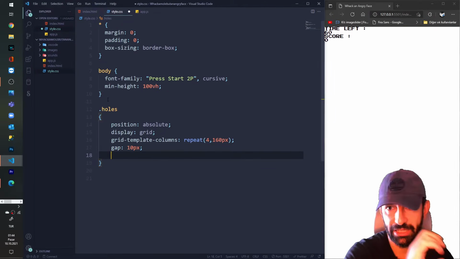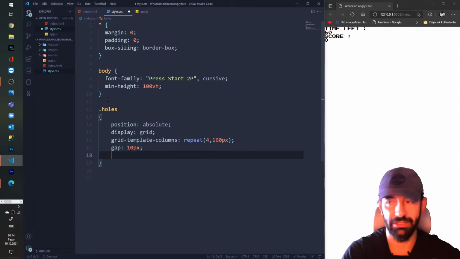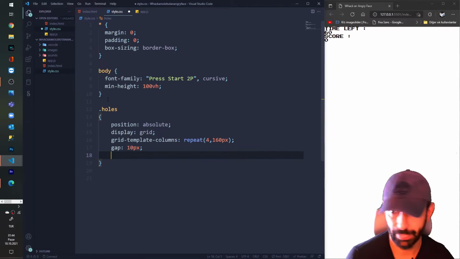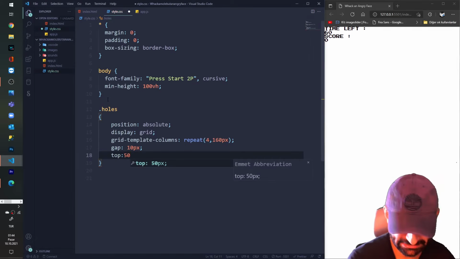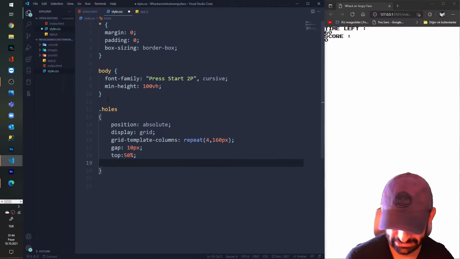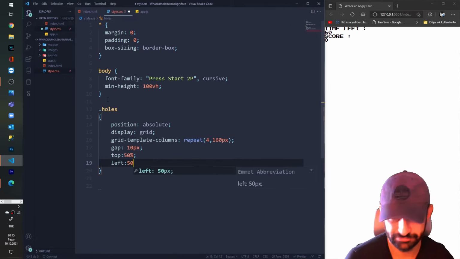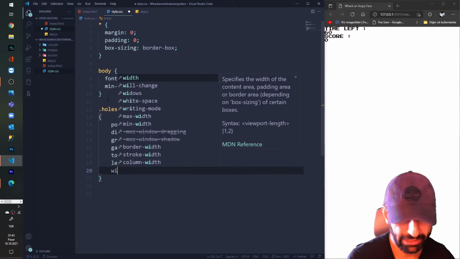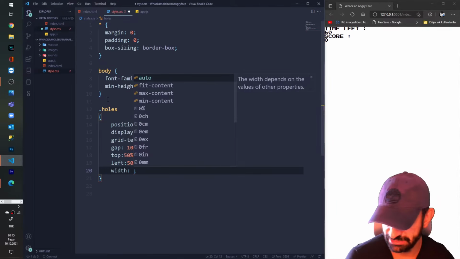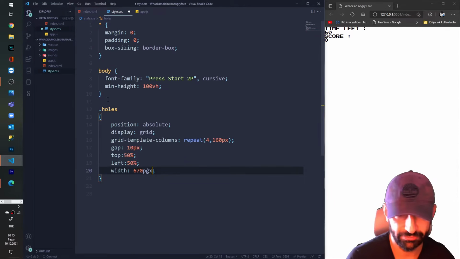I'm positioning my holes div into the middle of my screen. So we say here top 50%. We say left 50% as well. And we say the width will be 670 pixels for this whole div.